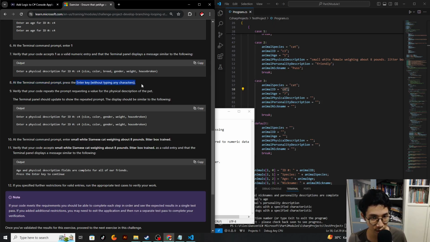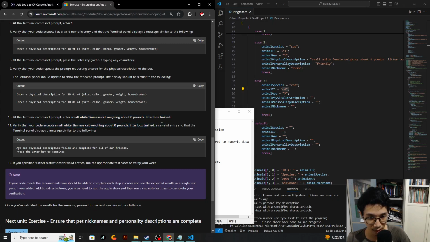Because you put an empty value with the Enter key, it's an invalid value. Because it's invalid, it will loop again and re-ask you until you put a valid number, a valid string, valid data. So after you input, let's say you enter a small white Siamese cat weighing about 8 pounds, litter box trained, then